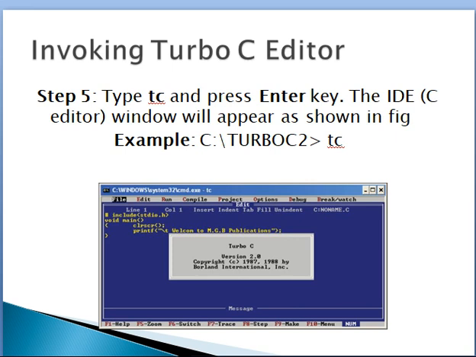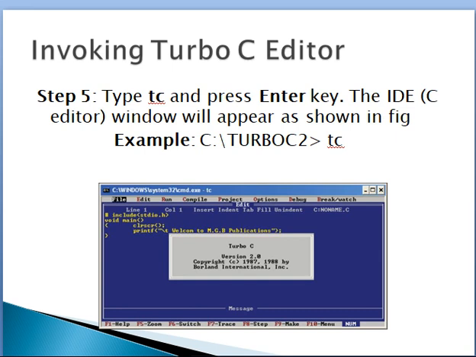Step 5. Type TC and press the enter key. The IDE C editor window will appear as shown in the figure below. The command prompt displays C colon slash turbo C2.